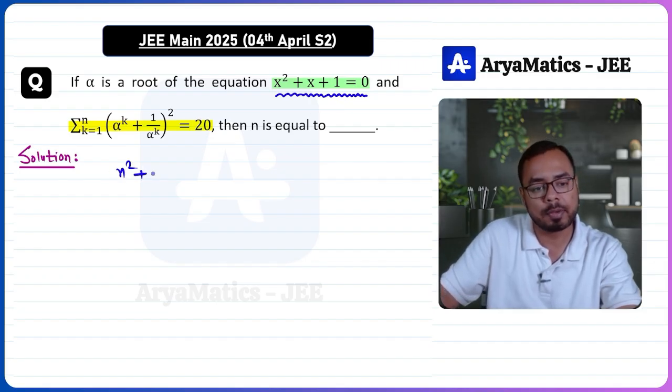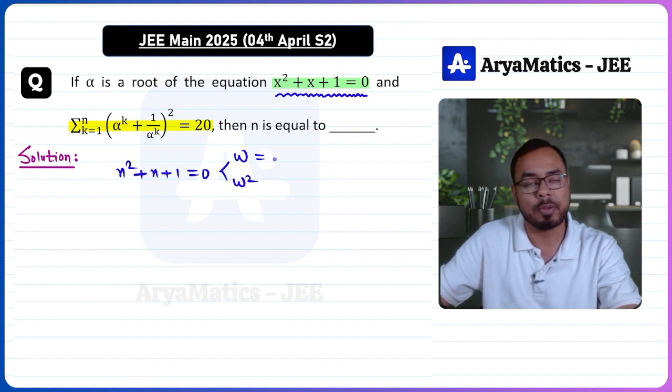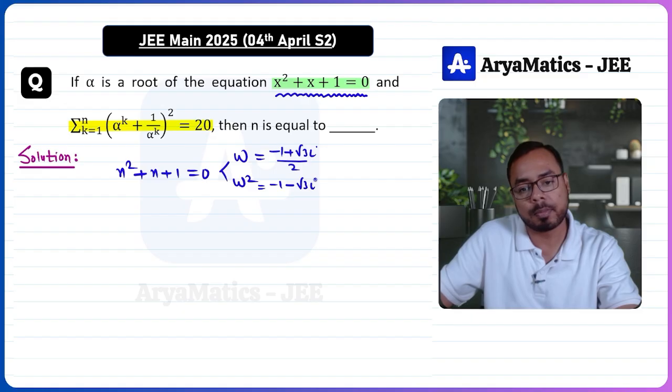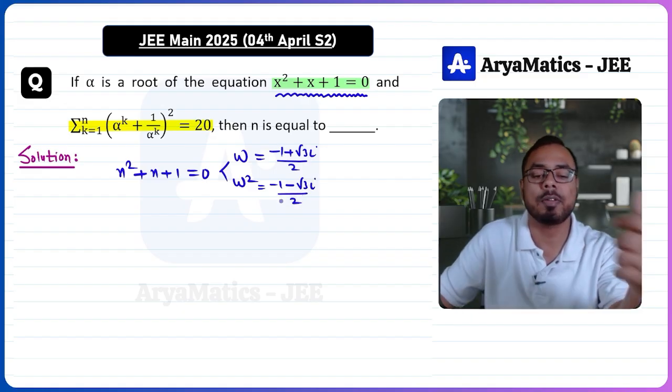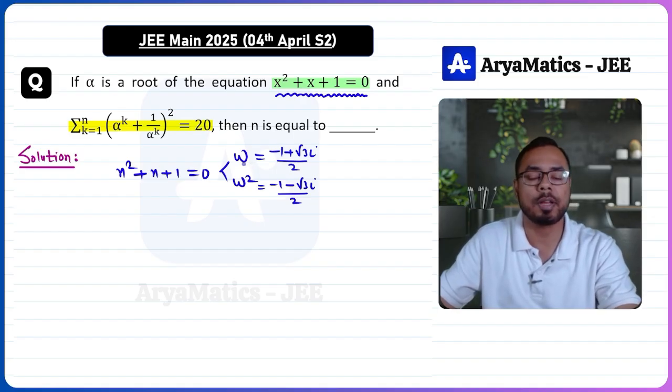If I have this quadratic equation, x square plus x plus 1 equals 0, the roots of this quadratic equation will be omega and omega square, where omega is (minus 1 plus root 3 iota) by 2, and similarly omega square is (minus 1 minus root 3 iota) by 2. So in JEE Main you'll find problems where they give this complex cube root of unity in different